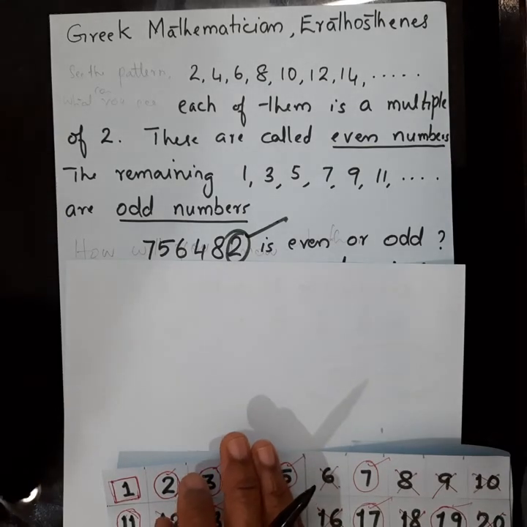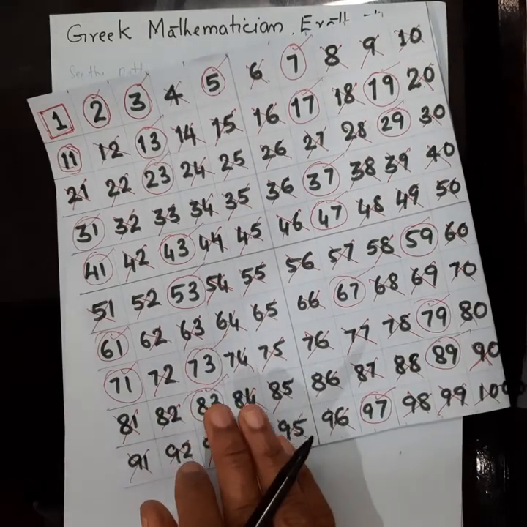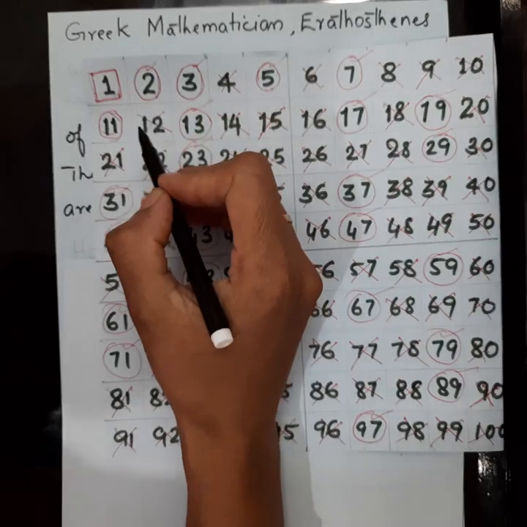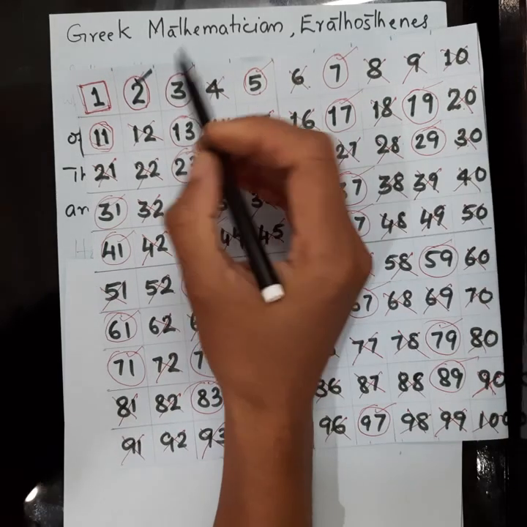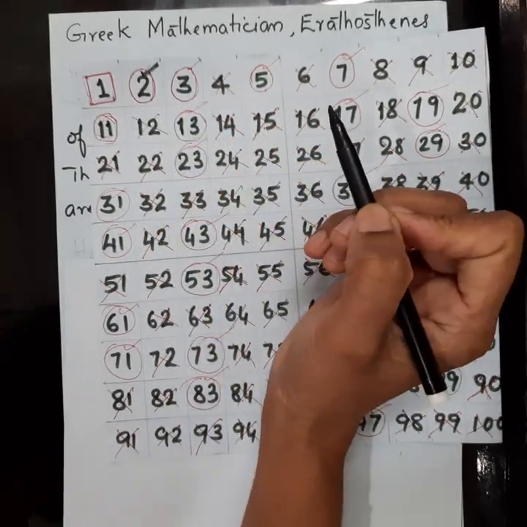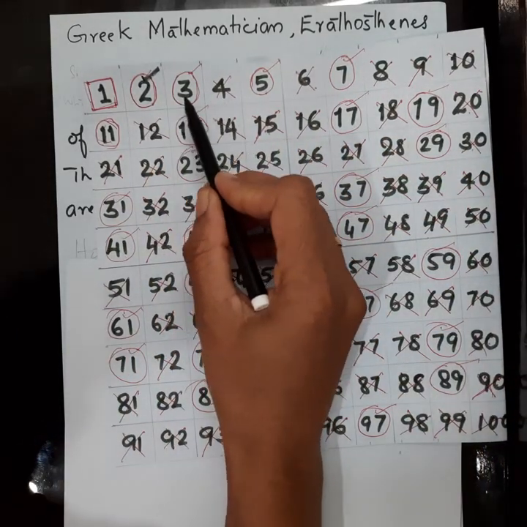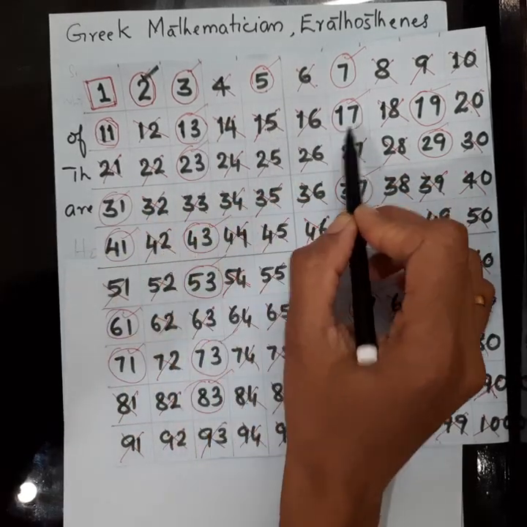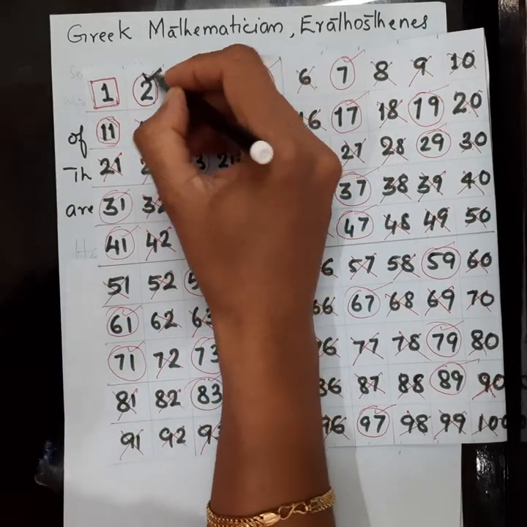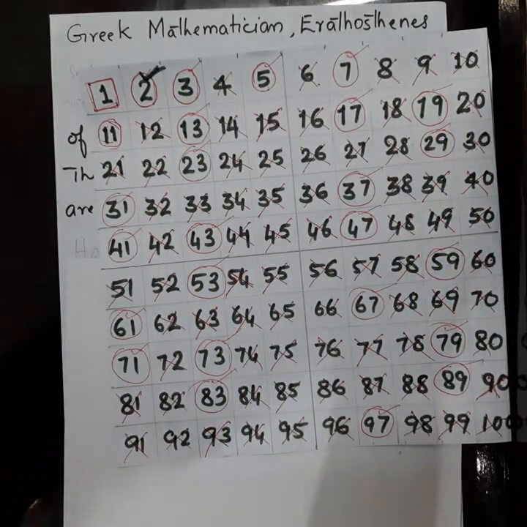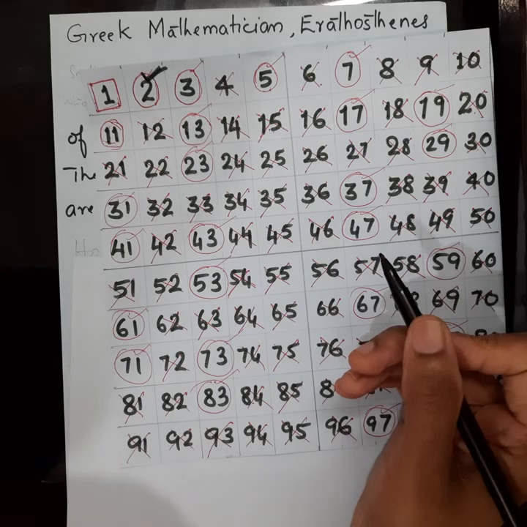And from this we can understand so many things. Which is the smallest prime number? 2 is the smallest prime number. And which type of number is 2? 2 is an even number. Correct? Can you see any other even prime number? The prime numbers 3, 5, 7, 11, 13, 17 are all odd numbers only. So except 2, all the prime numbers are odd. So 2 is the only even prime number.